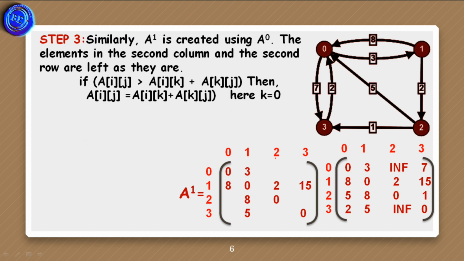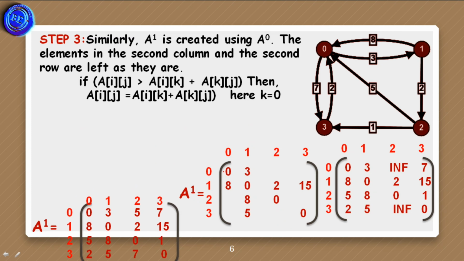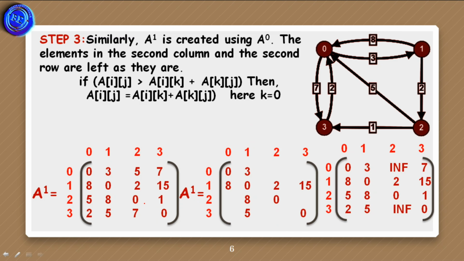And coming to 3 to 2, so third row second column equals 3 to 1 plus 1 to 2. What is the cost of 3 to 1? Its cost is 5, plus what is the cost of 1 to 2? Its cost is 2. So 5 plus 2 is 7. 7 is less than infinite, so 7 is updated here. I hope you understood it. So the matrix in the third step is represented here. Here the updated value is 7 and the second updated value is 5. So in place of infinite, we are going to update the values.